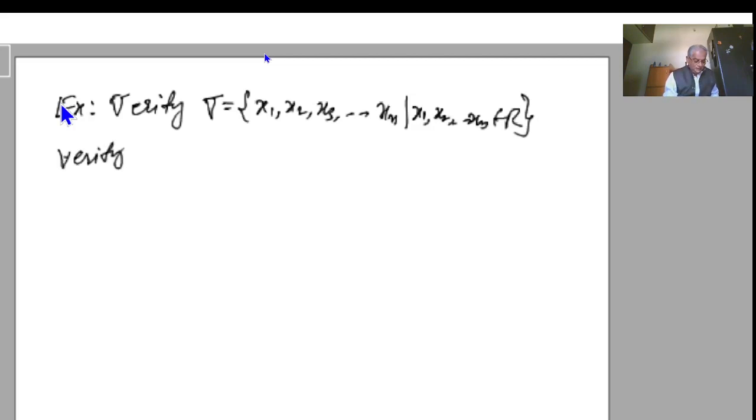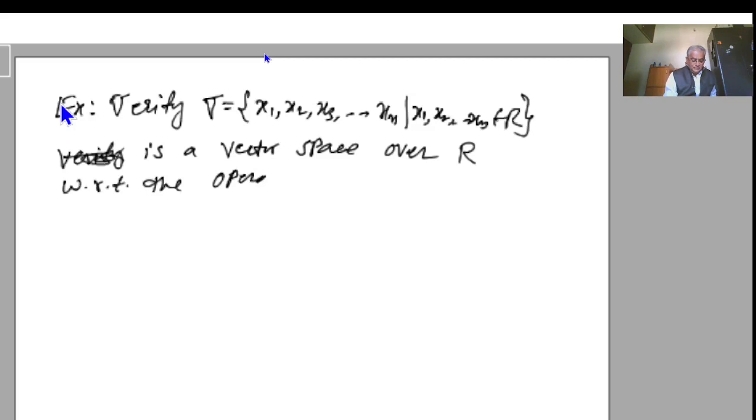Verify that V equal to the set of (x1, x2, x3, ..., xn), where x1, x2, x3, ..., xn belong to R, the real numbers, is a vector space over the field R with respect to the operations defined by